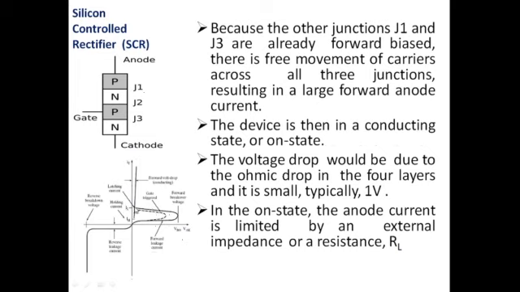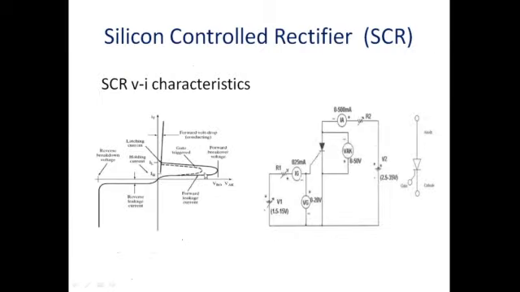So now I can say that SCR is on. Once the SCR turns on, it remains on. This is the way avalanche breakdown will happen, and the SCR will change its state from off to on. Earlier, whenever the SCR is off, whenever your applied voltage is less than the breakover voltage, the voltage between anode and cathode is the same as the applied voltage.